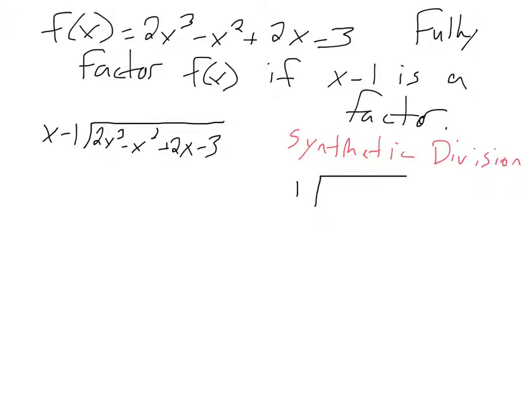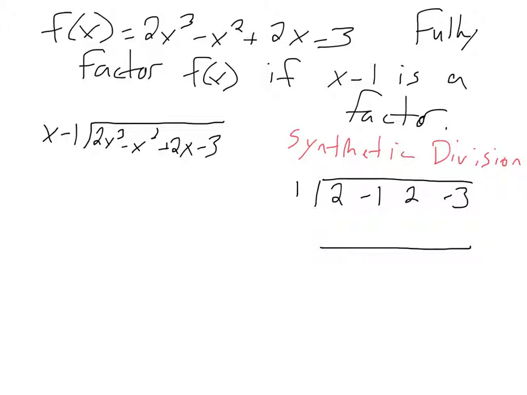And then over here, we're going to put all of the coefficients of f of x, instead of actually writing out the whole thing. This is how we're saving time. So that was 2, the next coefficient was negative 1, and then 2, and then negative 3, right? And we realize what happens here, and then we're going to put this down here. And often I don't even write this part. Usually I just write it like this. Right? And so what we're going to do here, well, we'll put the top bar just to, why not,